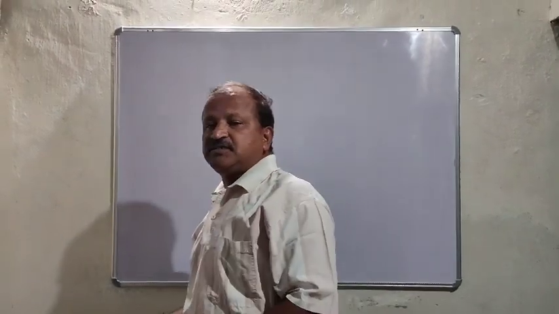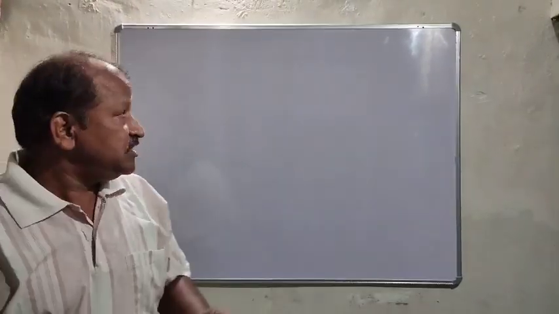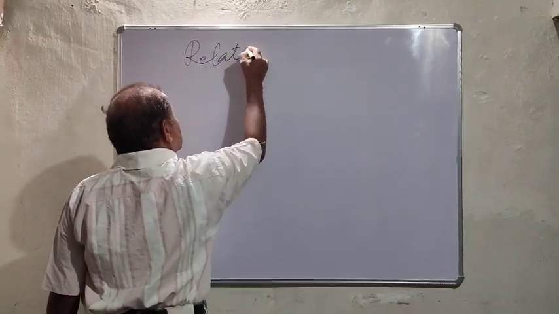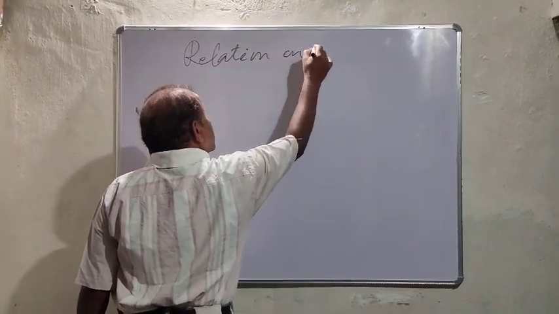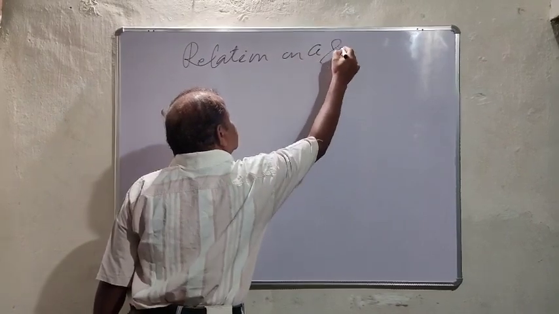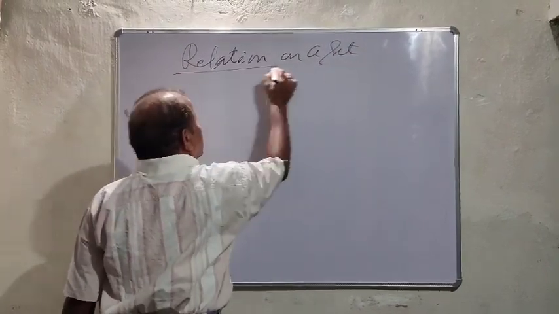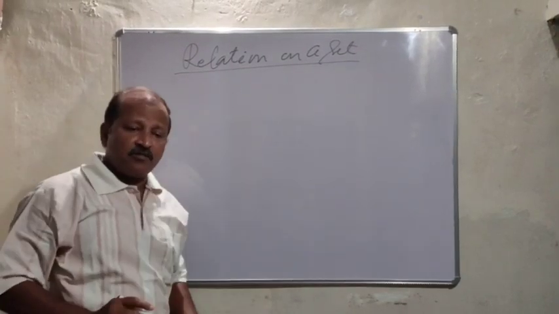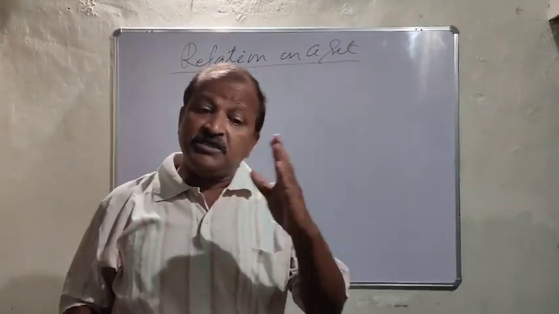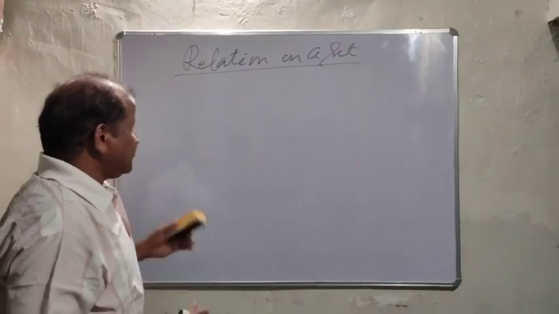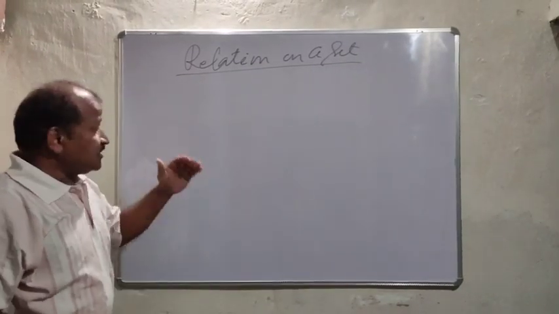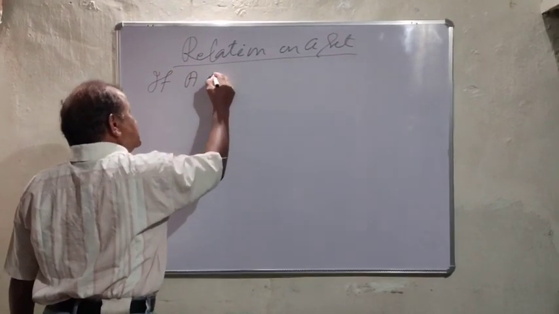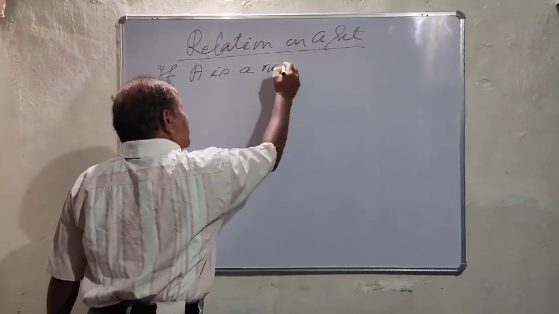Today we will discuss the relation defined on a set. Relation on a set. What does it mean? Relation on a set means it is a relation from a set to itself. That means if A is any set, if A is a non-empty set,